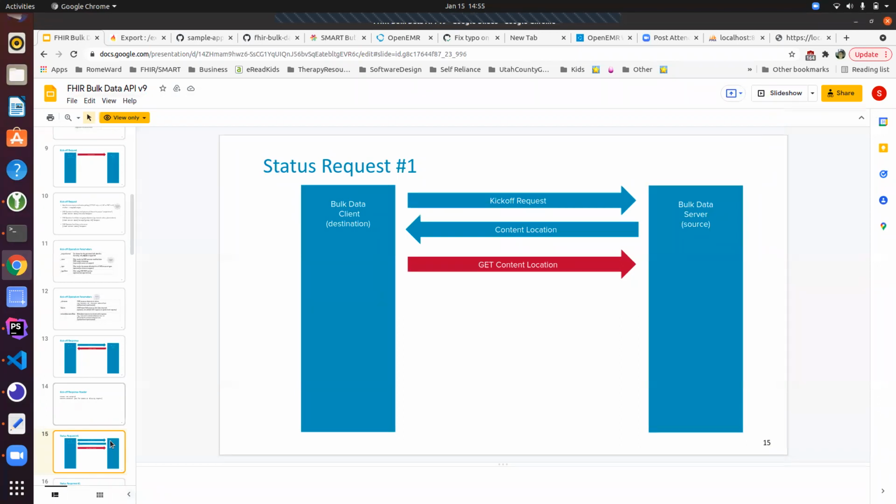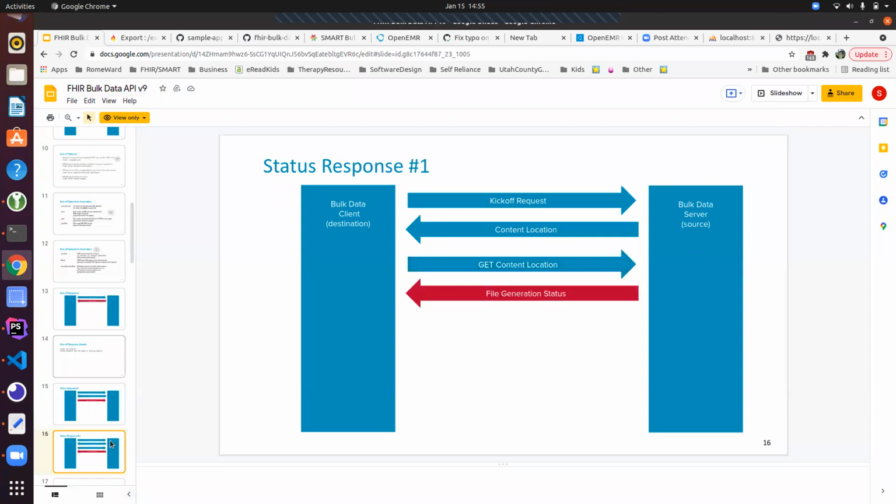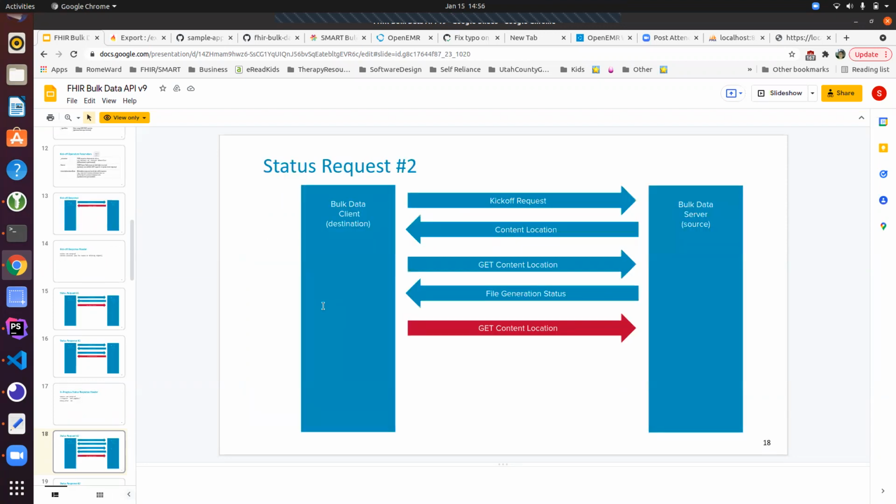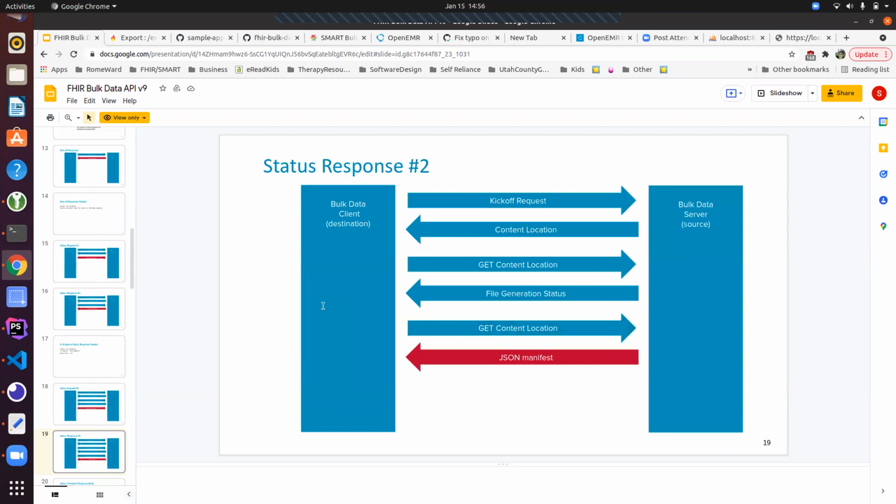So again, you make a query off to that status location, and it's going to return back to you whether it's done or not, the file generation status. So when you're going to get back a status update of the 202 accepted, FHIR can give you this X-Progress stuff, but we don't do that. We don't return a progress meter because it's hard to know how many records we have. We may add that in the future, but we'll also tell you a date, a timestamp of when to check back again. Okay, so you keep polling, and then once you get that content location,